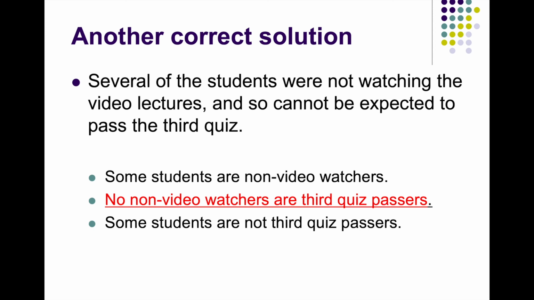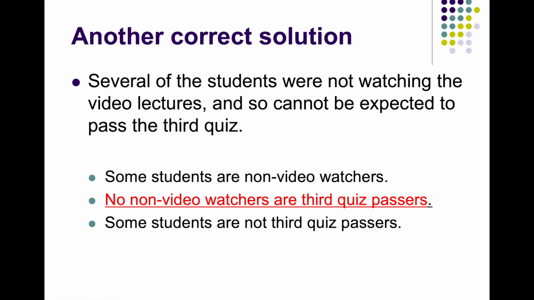And so if the missing premise is negative, we also can go to the other rules, the rule of middle distribution. Non-video watchers is not distributed now in the first premise, which means it must be distributed when it reappears. And again, if we know that the second premise is negative, we could drop it down into the predicate position because predicates of negatives are distributed. But we'll leave it where it is for now because we also want to look at the end terms, and we take that end term, third quiz passers. It is distributed in the conclusion because it's the predicate of a negative, which tells us it must also be distributed